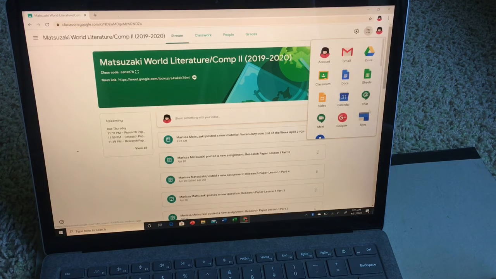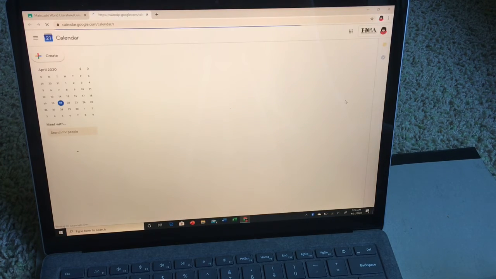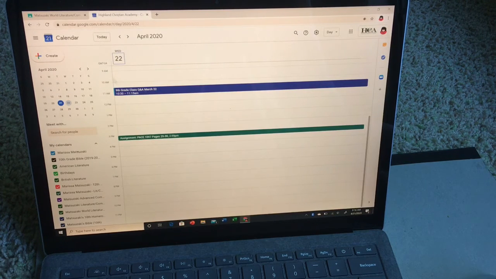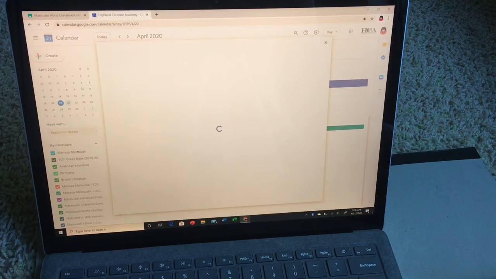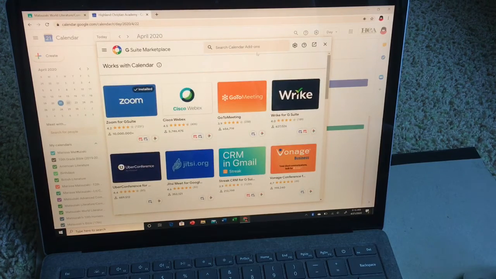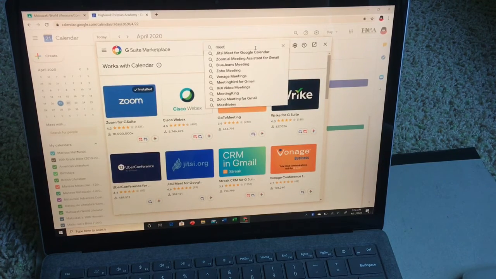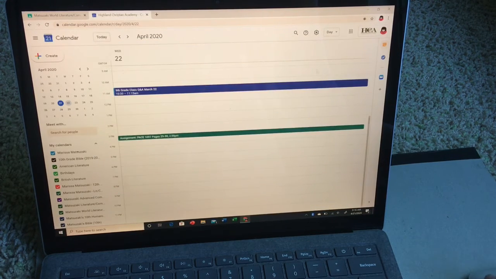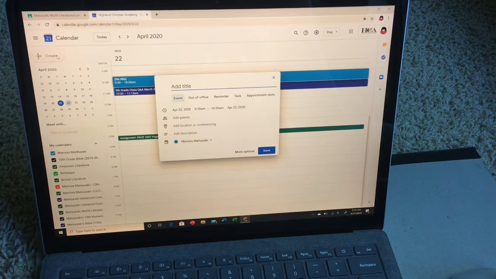So let's go ahead and go to Calendar and schedule this meet. Okay, let's say I want it for tomorrow at 1 o'clock. I've got my other one in there. And you'll notice a tab here for Get Add-ons, and it gives you some options, but Google Meet isn't in mine for some reason. See, I can search it in here, and unless it added it from my doing the other one, nope, it's not there. But I can click Create, so that's what I'm going to do. Click Create, and I'm going to title it